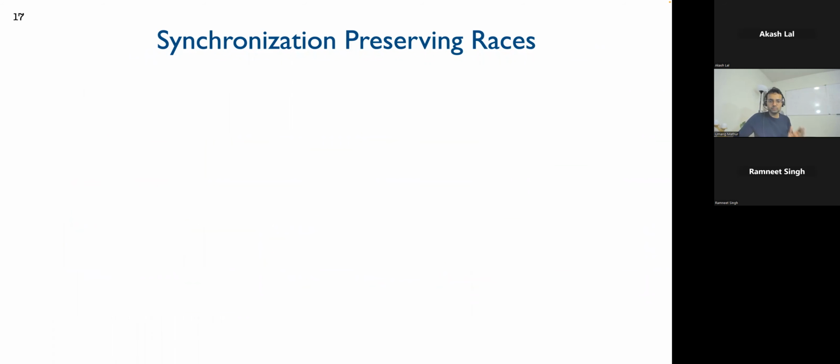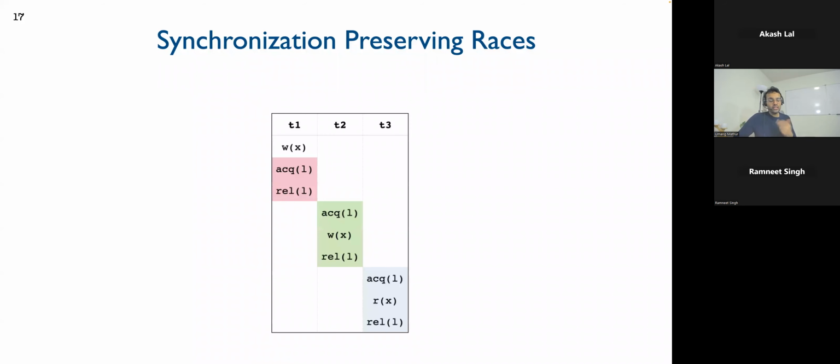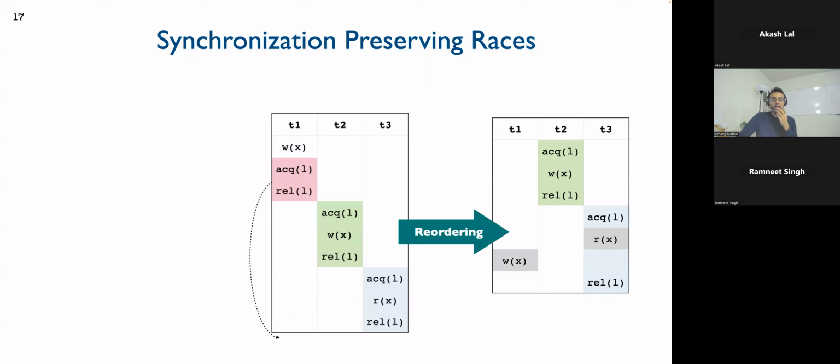So I'm going to define what these races are. And instead of looking at the algorithm, we're just going to move on to the next segment of the talk. So here is an example. Let's look at this execution. Observe that I can actually reorder this execution in this manner. This is a very special kind of reordering. I am actually dropping events. I'm forgetting some events,